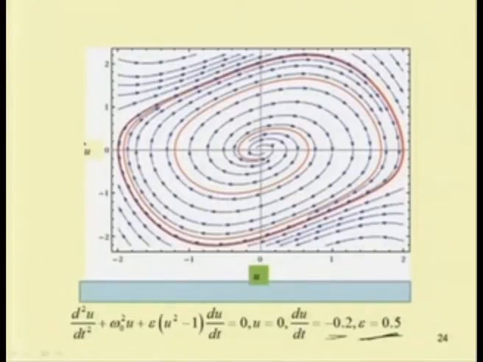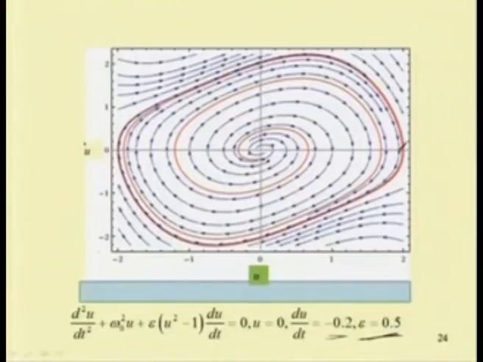So, one can see that finally it will trace this curve and finally it will come to this limit cycle. So, by taking different initial points, finally one comes to this limit cycle. Similarly, by taking a point outside of this limit cycle, one can also land up with this limit cycle. So, by using this van der Pol equation, one can find the